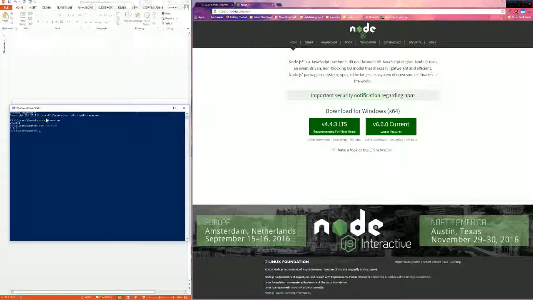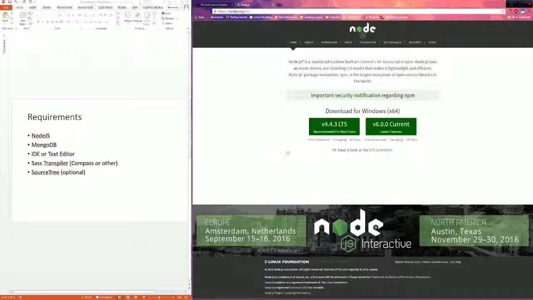Okay, so that's what's going to happen when you guys install it. You're going to have both of these available to you globally, which is what we want because we're going to be using npm to install some packages later, and obviously Node so that we can run the server and actually work on it. So once we do that, we're going to want to install MongoDB because that's the database that